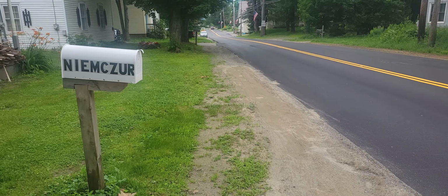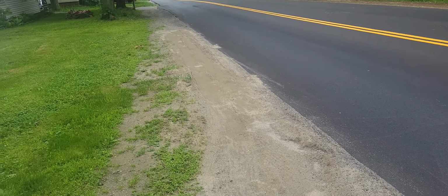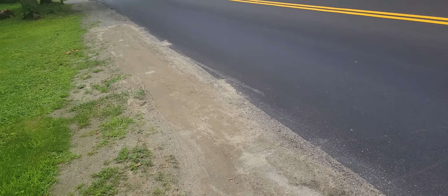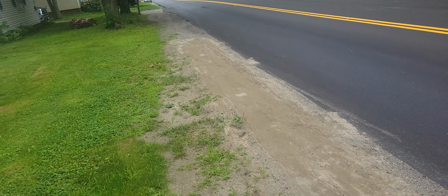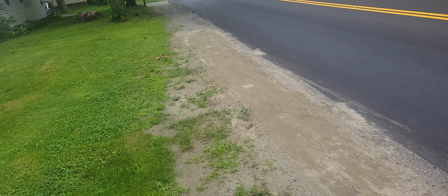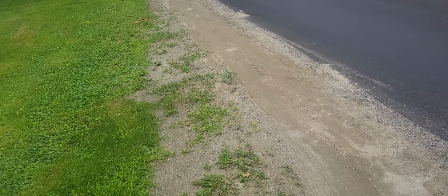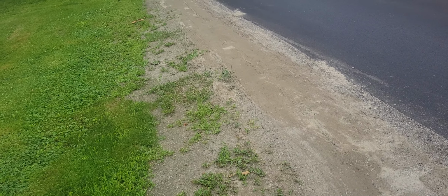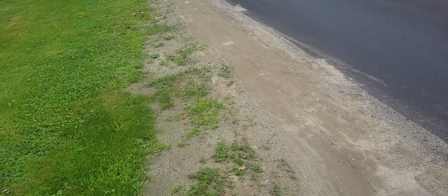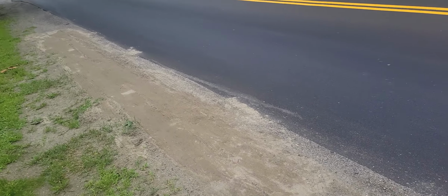This is looking south down the street, and what I want to draw your attention to is they repaved the road earlier this summer, which was great. Now, the thing about it has been, I get so much sand that's dumped here that there was kind of this berm of sand a couple feet in from when they put sand on the road and plow it, because we're at the bottom of a hill and they want to make sure that people won't skid at the bottom of the hill. But what I noticed the last rainstorm was, despite the fact that the road is slightly downsloped, somehow a lot of the water from this thing was still flowing down my driveway and going onto the